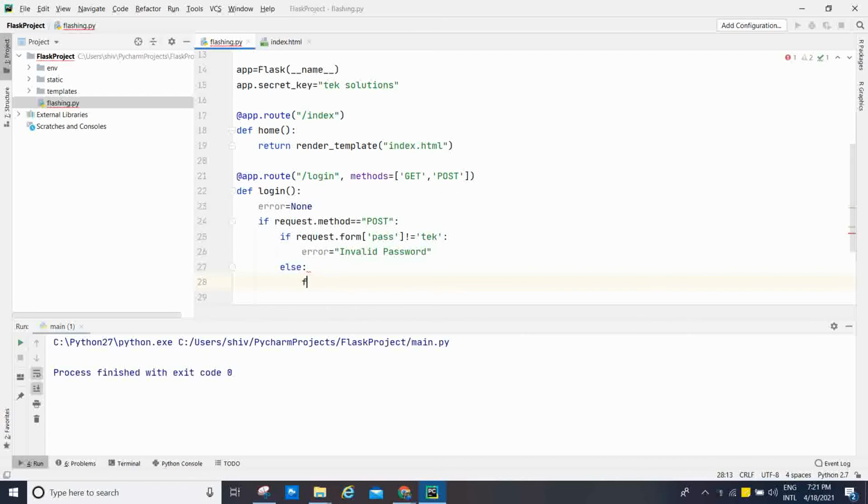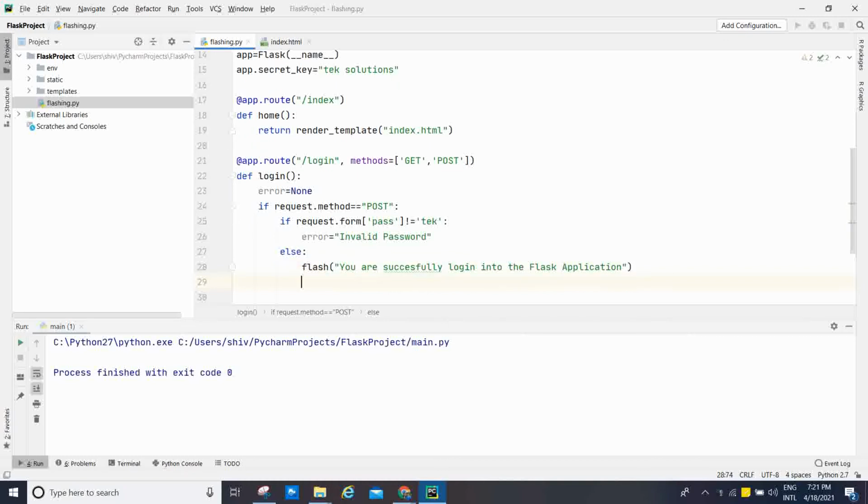That we are going to display flash, you are successful login, you are successfully login into the Flask application, okay, and return redirect and url_for home, okay, home.